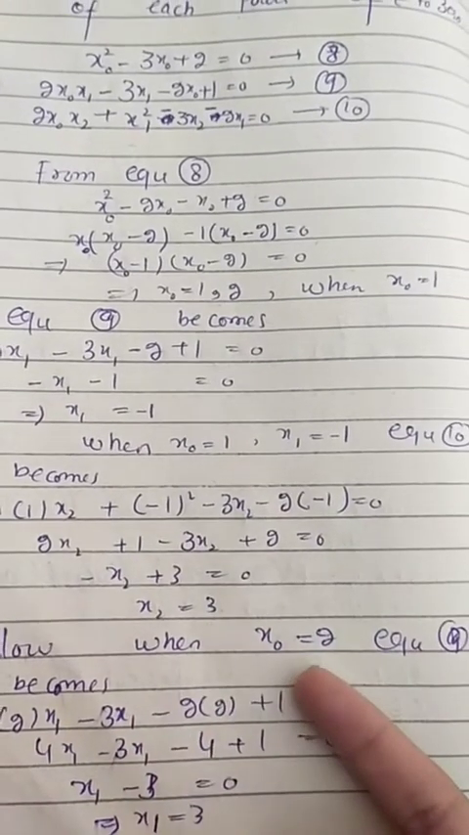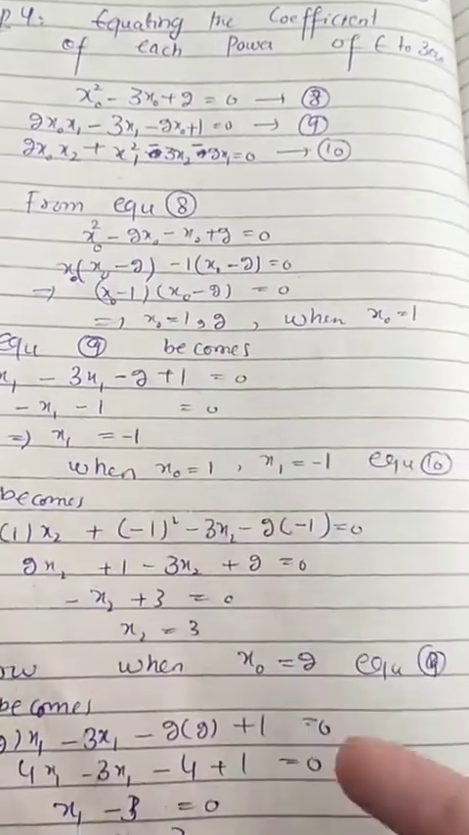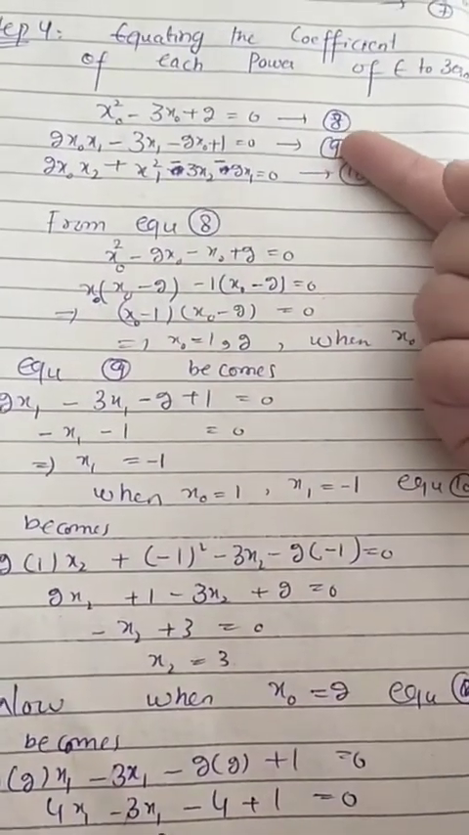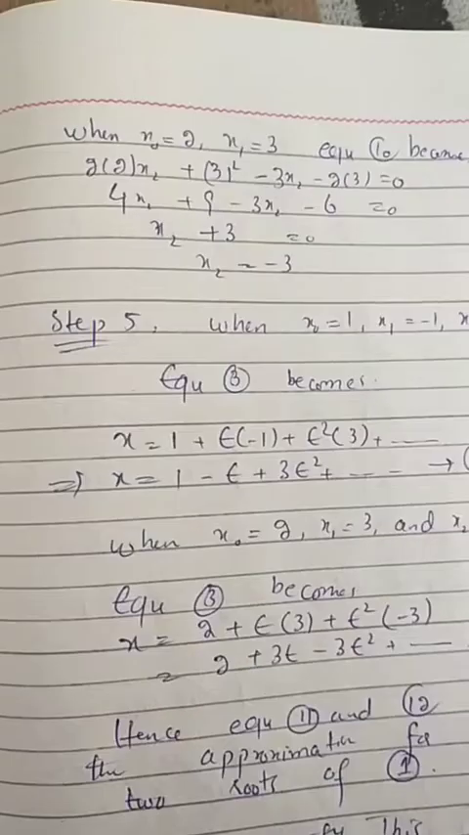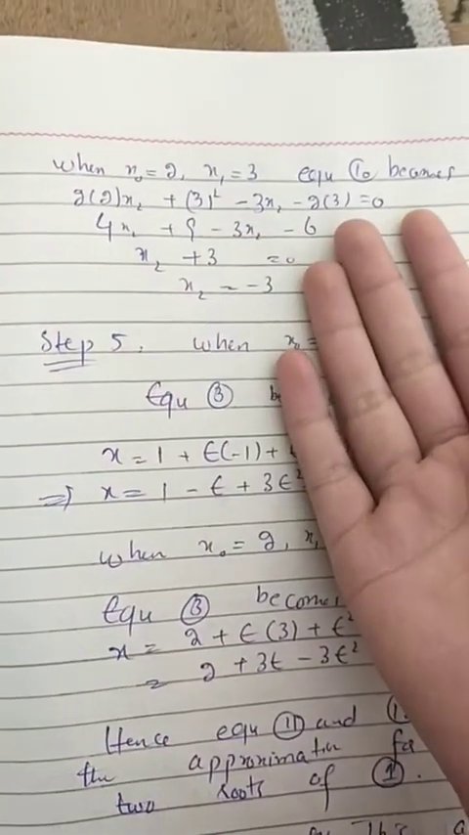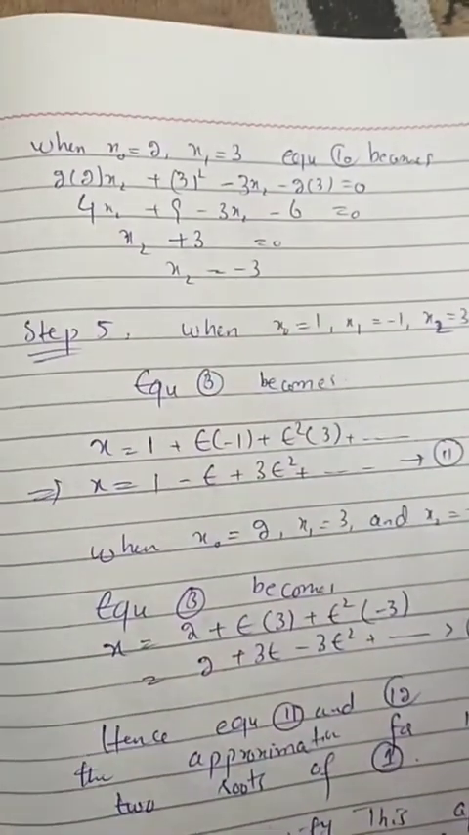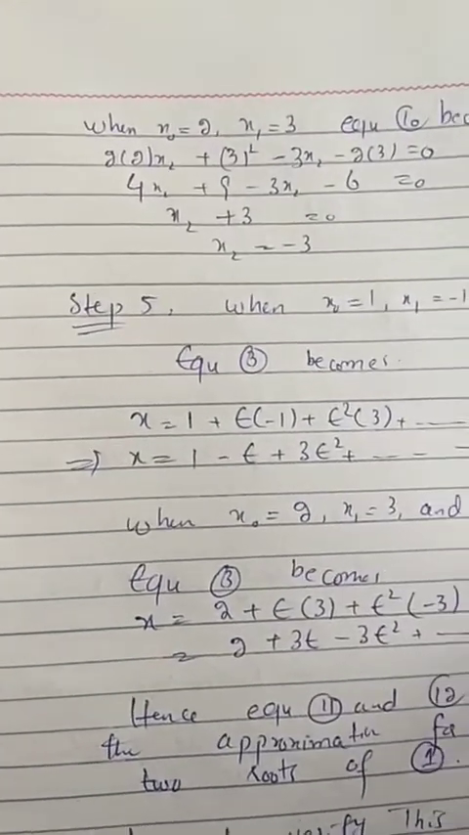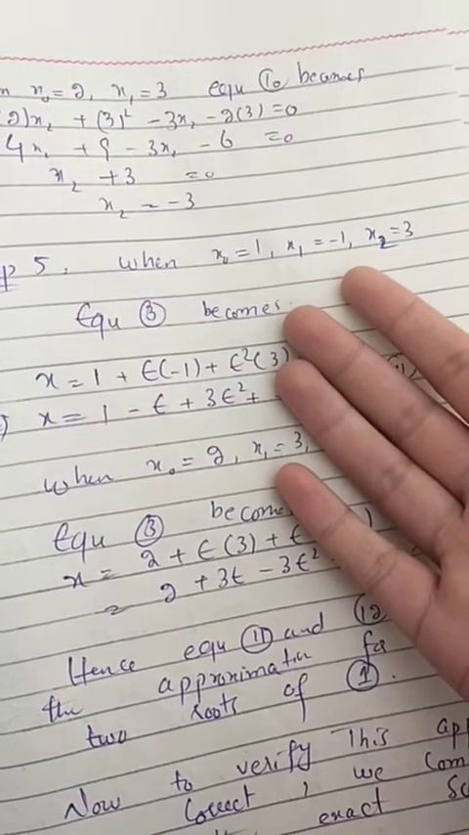When x naught equals 2, the second value of x naught, then equation 9 becomes, after simplification, x1 equals 3. And when x naught equals 2 and x1 equals 3, equation 10 becomes, after simplification, x2 equals minus 3. So going towards step 5, when x naught equals 1 and x1 equals minus 1, x2 equals 3,